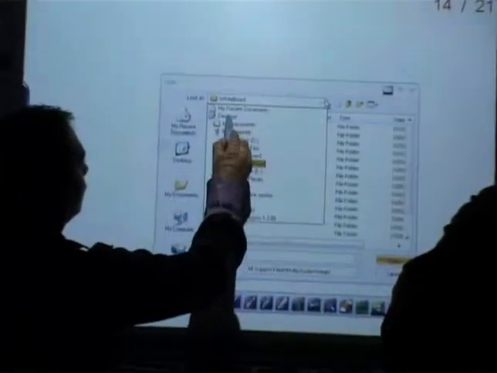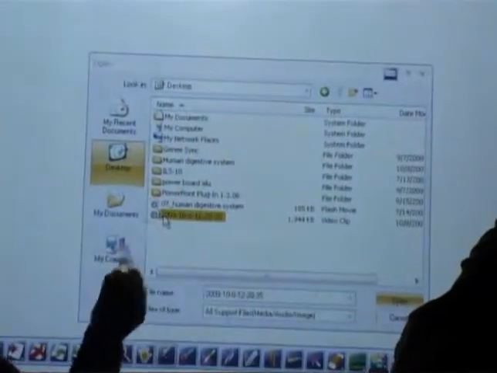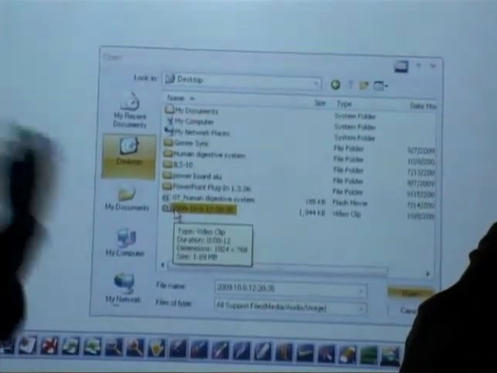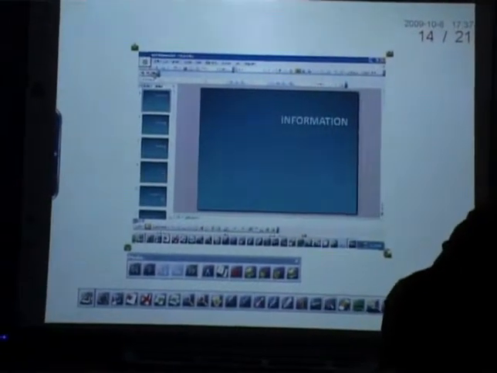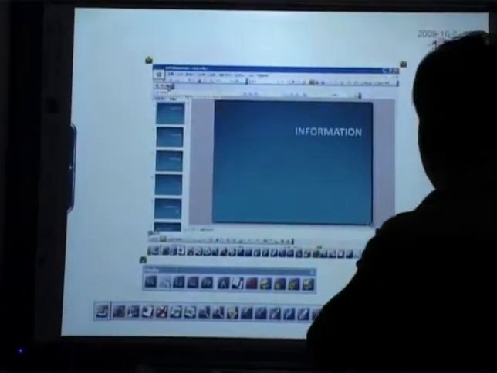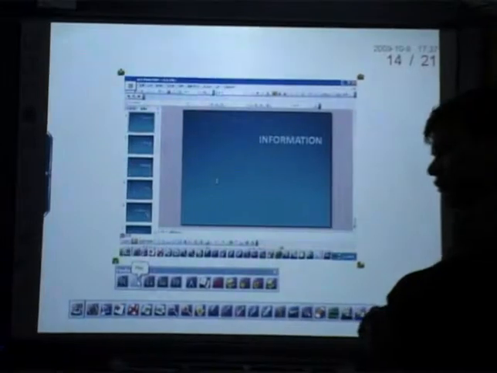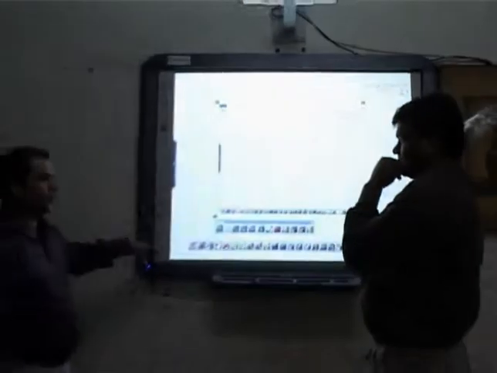Select the location of that file. Suppose we have this kind of media file and we want to import it in the whiteboard application, just select that file and drag and drop. Can I simply connect my pen drive? Where do I have to connect my pen drive? That pen drive connects to your computer, because right now we are using our computer.